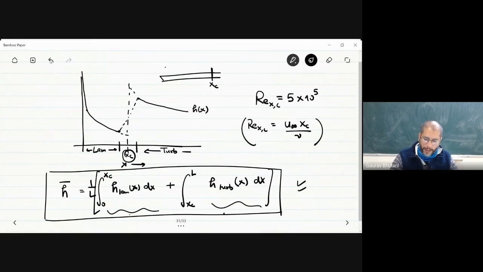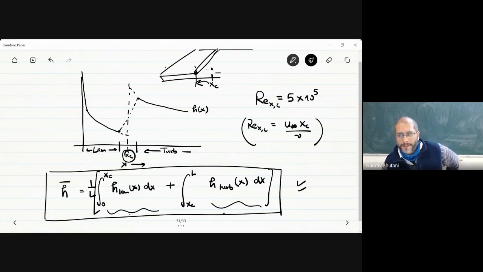But what you do is even upstream from there, you give some sort of jaggedness to the plate. So what happens is that this X critical will shift back, and your flow will tend to get turbulent here. Okay. So what typically is done is we take a wire, and if this was our flat plate, we paste the wire on the surface, and that wire is called a turbulator. So that reduces your value of X critical.